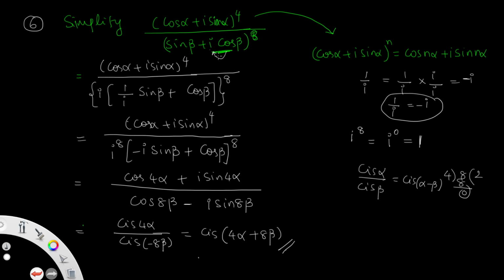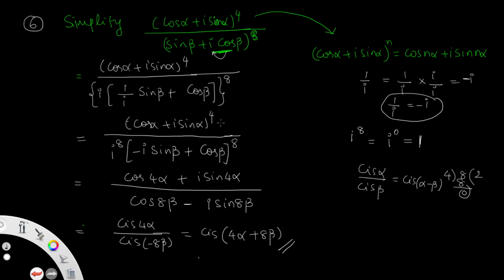I should not be with cos beta; it should always be with sin only. That is why I am taking i as common. Then you get 1/i times (sin beta + i cos beta) whole to the power of 8. The numerator needs no change; the denominator we have to simplify, so I am writing i to the power of 8. 1/i, rationalized by multiplying and dividing with i, gives minus i. Therefore 1/i is written as minus i times (sin beta + cos beta) to the power of 8. Then it is De Moivre's formula.